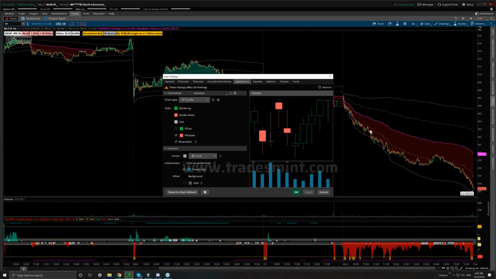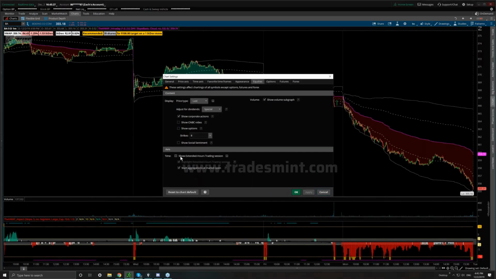It makes it abundantly clear when something is worth paying attention to versus I'm just dazzled and distracted. The next tab over is going to be the Equities tab. We're going to uncheck Show Extended Hours Trading Session. It's also important that we highlight or click on this little arrow to the side, which will display this setting